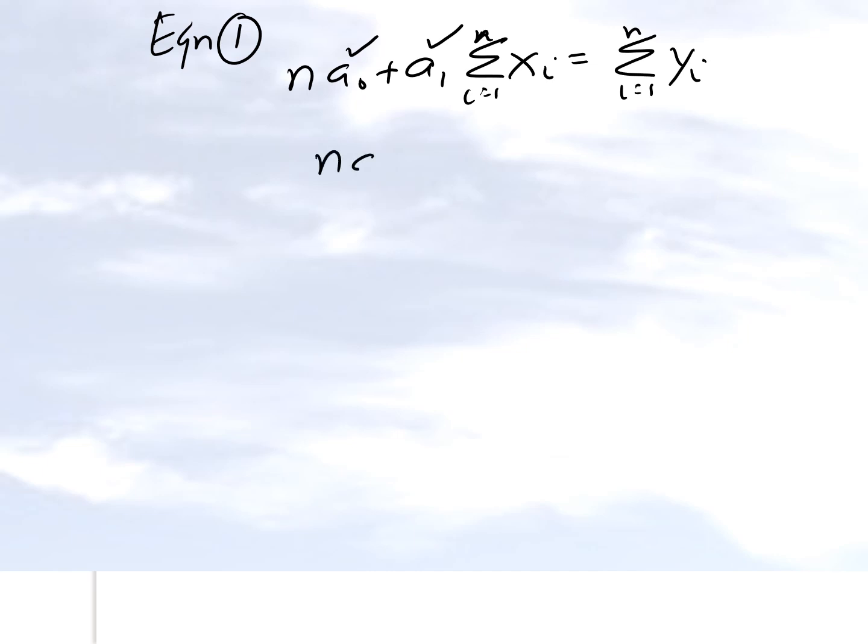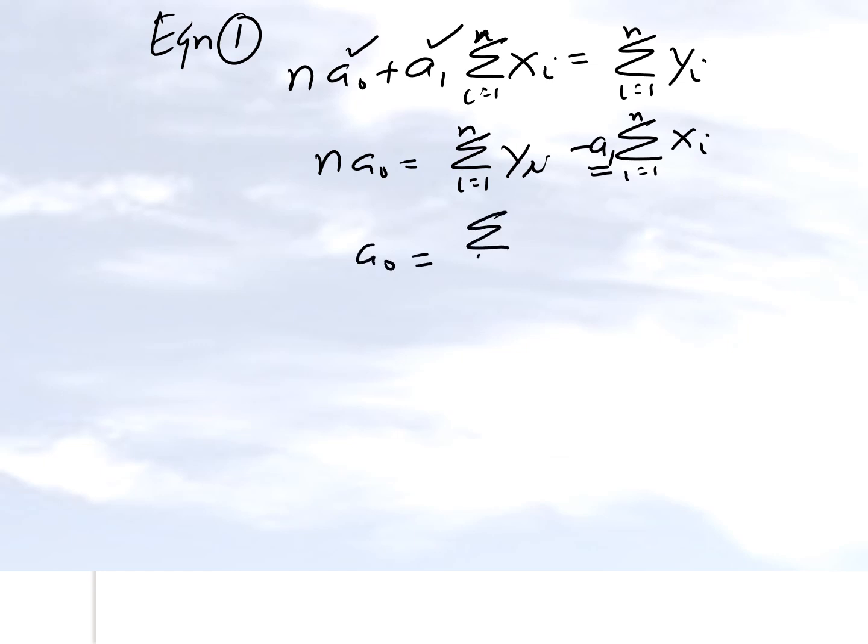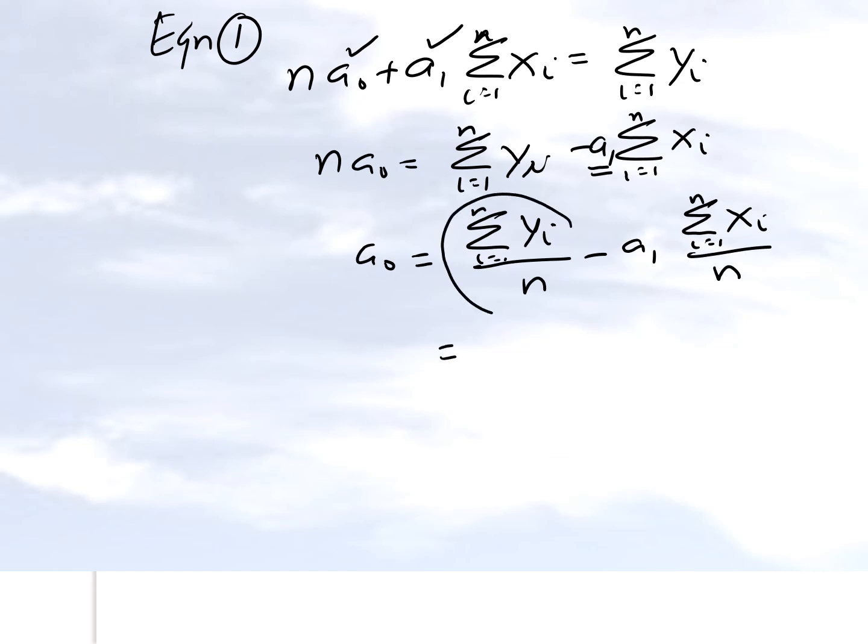So this is what I get by simplifying, or by taking knowns to the right hand side. Keep in mind that this is a known quantity now, so that's why I was able to move it to the right hand side. So I get something like this. And you can recognize that, hey, this is nothing but the average value of y, and this is nothing but the average value of x. So I get y bar minus a1 x bar. So that'll be a naught.